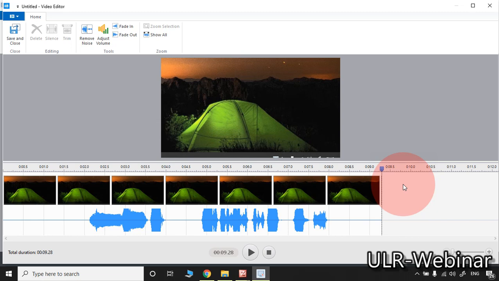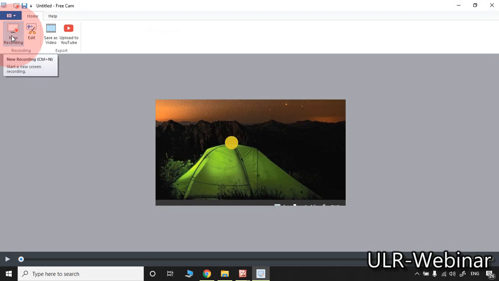So after all these changes, if you are clicking save and close, the particular video clip will be saved as a separate file in your PC.